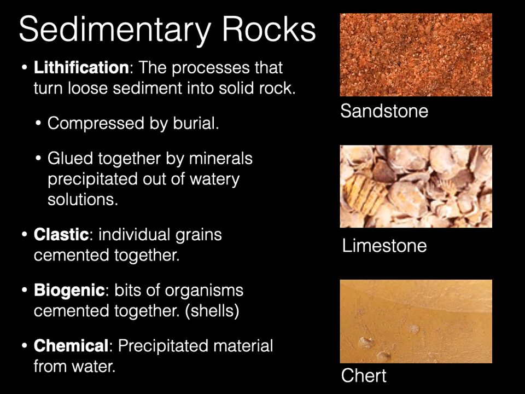And then the last one, these are the hardest to tell apart because they look like igneous rocks. The chemically made ones. Turns out that you can get a sedimentary rock if chemicals, just not molten, but just chemicals, move through another rock and fill in a space and harden. And it's called the chemical sedimentary rock. They look really weird. 99% of everything you pick up in the creek is going to be this stuff called chert. Ours is typically pretty orange. It comes in every color imaginable. This is what the Native Americans in Indiana made their arrowheads out of. This is what they made all their tools out of.